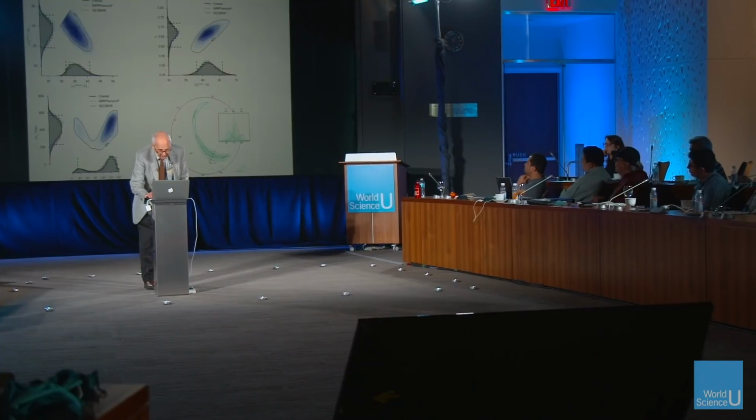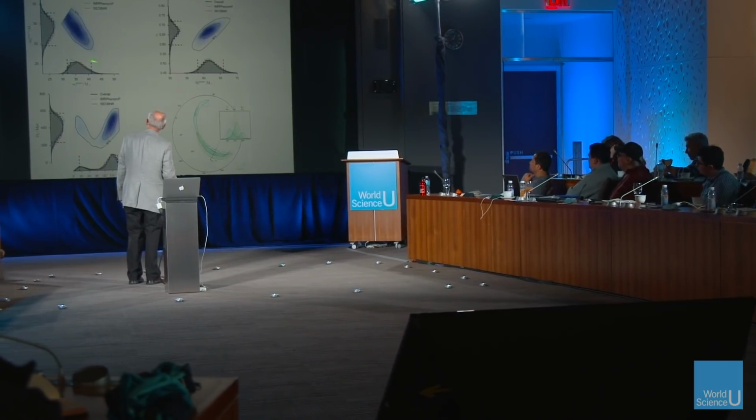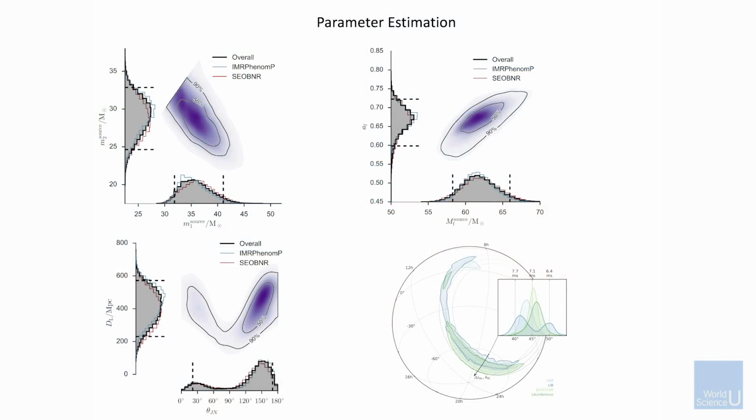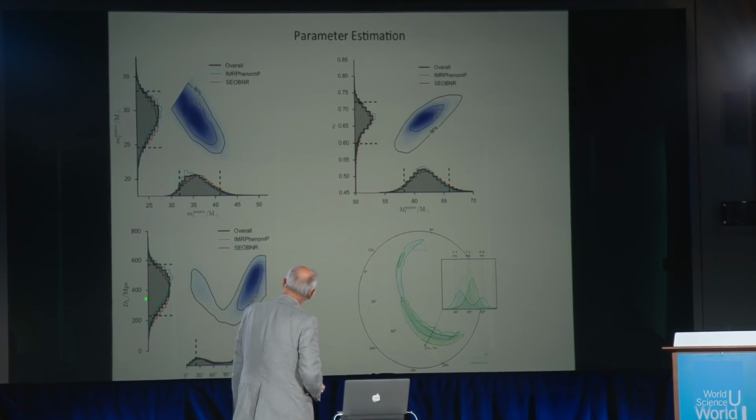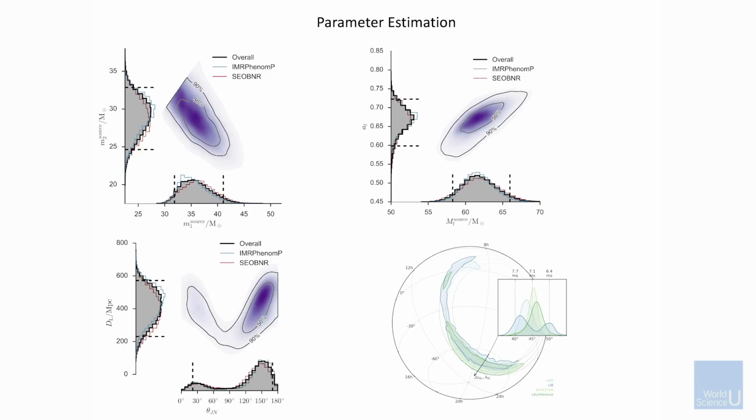And here are some curves for that. I don't think I want to go through all of it, but it shows something interesting. Here's a distribution for the masses of the two initial stars that come together. They peak at 35 and 30. This one here is the distance away, plotted against the inclination angle of the orbit. And that, of course, changes the amplitude. Once you know what you're looking at, the theory gives you a very good model, and you're effectively testing the theory along with this measurement. And you find that the thing is something like 400 megaparsecs away, or 1.2 to 1.3 billion light years away. And it has an aspect that's close to 90 degrees. It's almost face on to you.